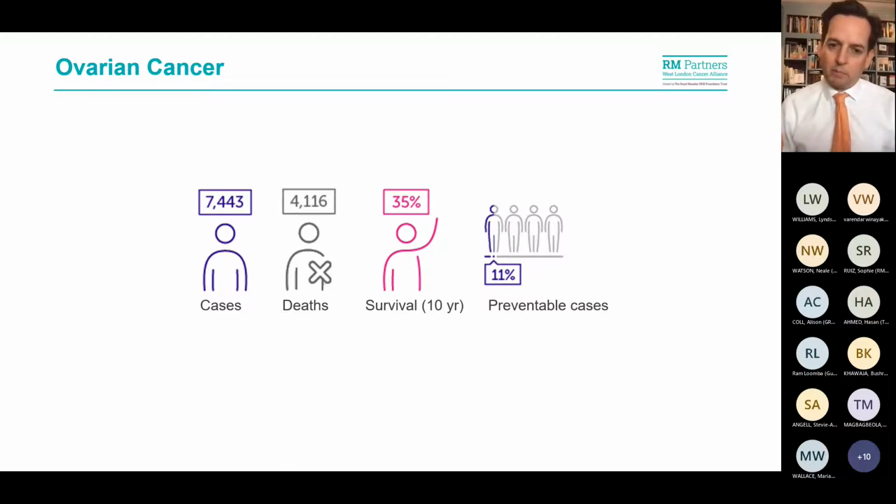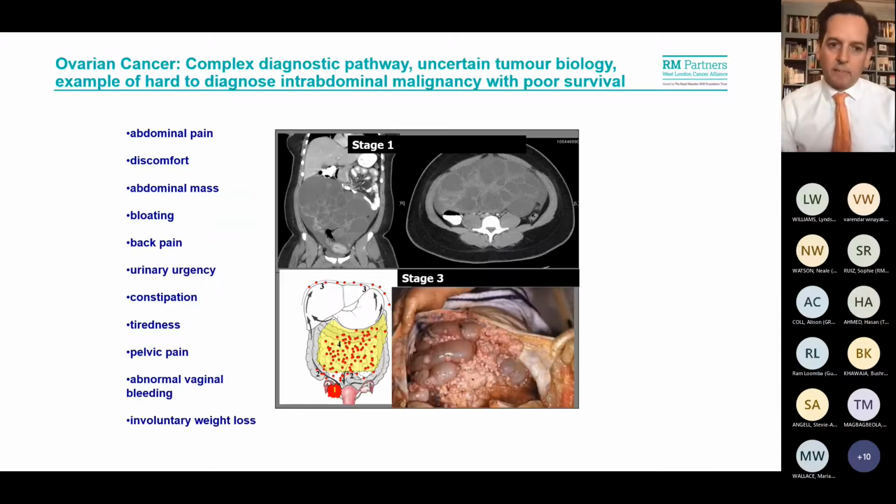And by looking at the families of these BRCA patients, we're able, for many of them, to offer risk-reducing surgery to remove particularly the fallopian tubes, which are the main source of ovarian cancer, but also the ovaries when childbearing wishes are complete. And we know, and we'll discuss this when we go on to the next slide, please, that